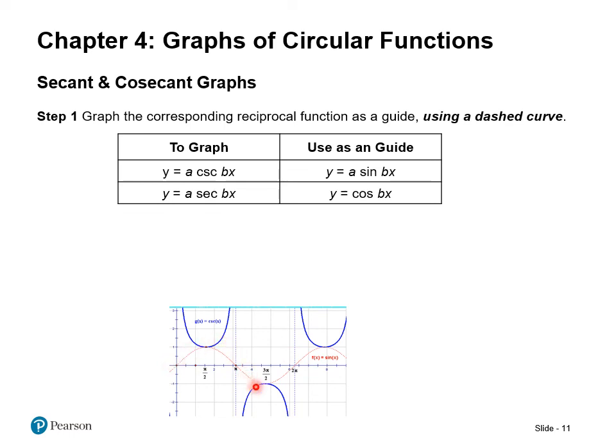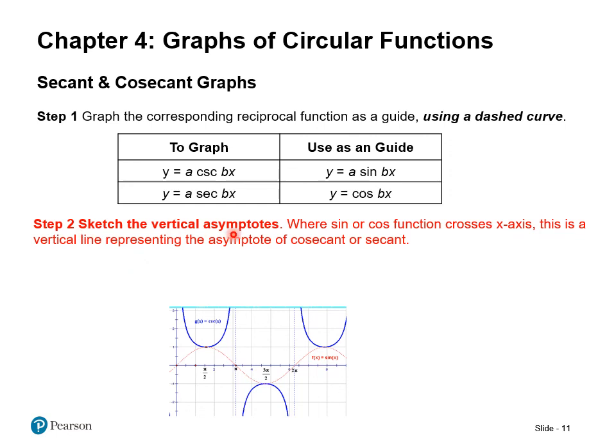So here you can see the sine of x is a dashed line. Okay, so if I'm trying to graph cosecant, I'm going to graph that same numbers and variables, but use sine and graph the sine function, which we already learned. If I'm doing secant, then I'm going to do cosine. And by the way, there should be an A right here. Okay. The second thing I'm going to do